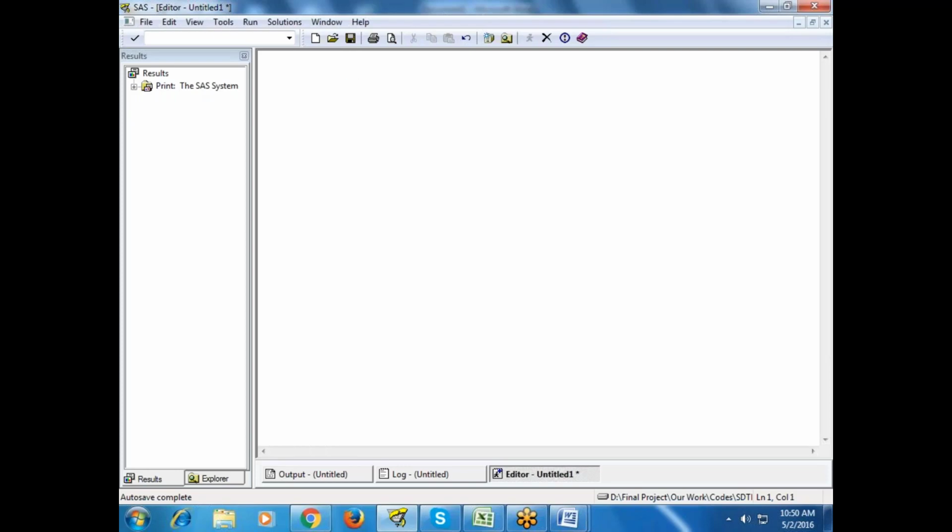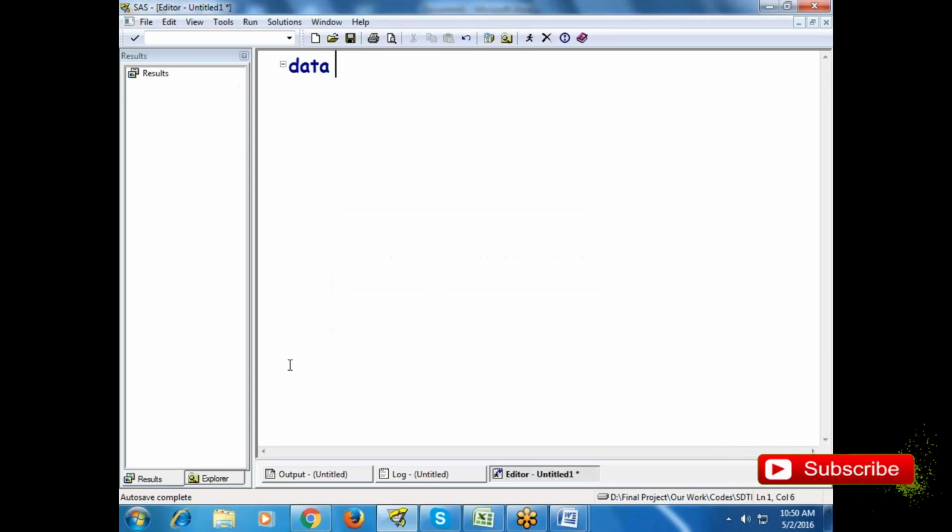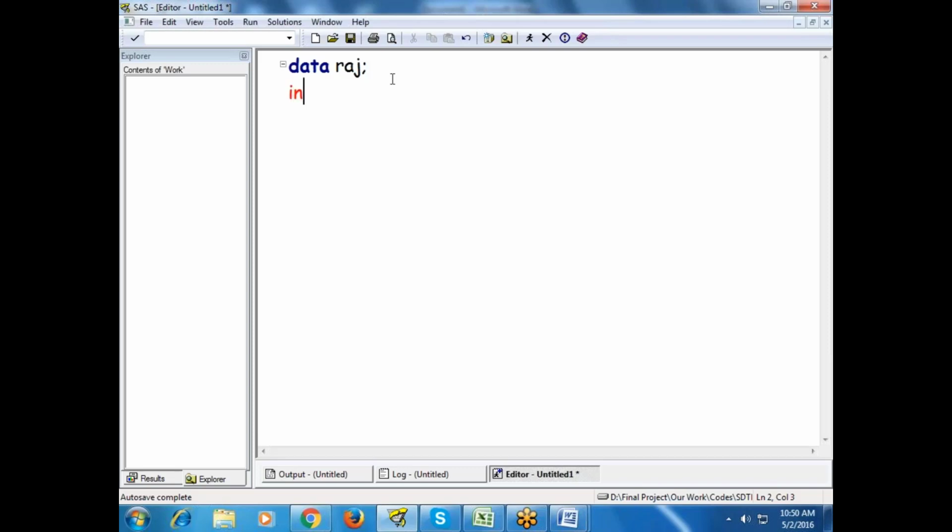So data, and then I have to give my file name. I am giving the SAS file name Raj. What are the 3 important words I asked you to keep in mind? The first one is infile, or datalines.